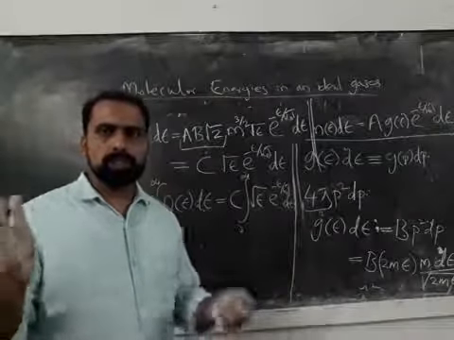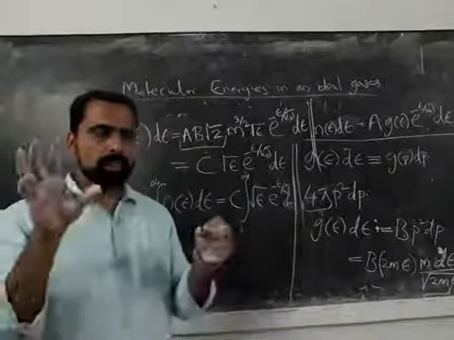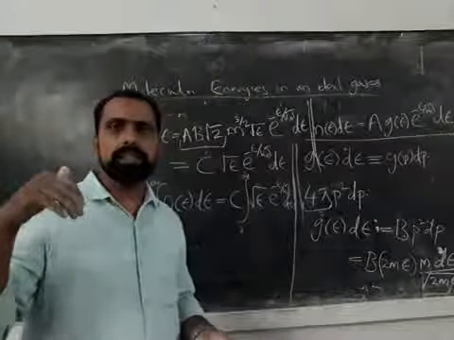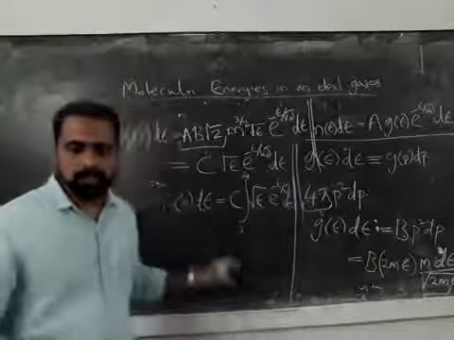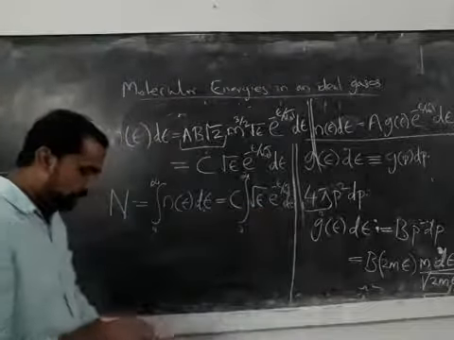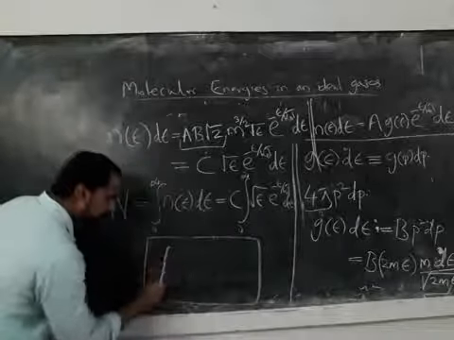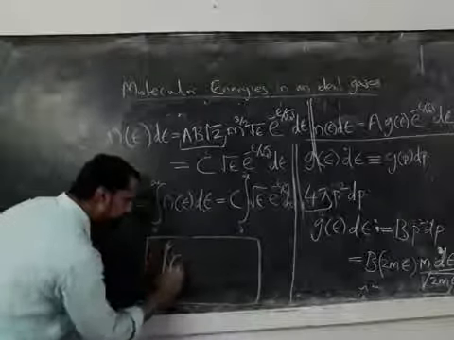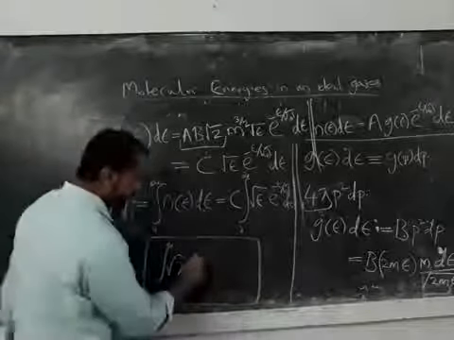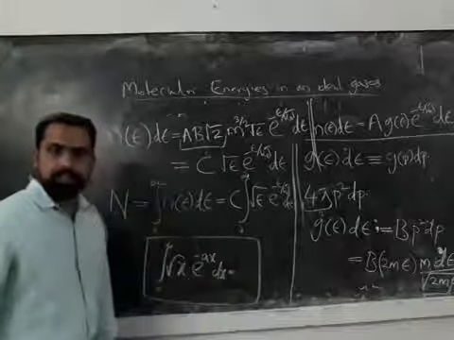So gamma and beta functions are some special kinds of functions. These are peculiar functions, and they have some standard integrals. This is one gamma function, and it has a standard value. Just keep in mind, the integral from 0 to infinity of root x e raised to minus x dx is equal to